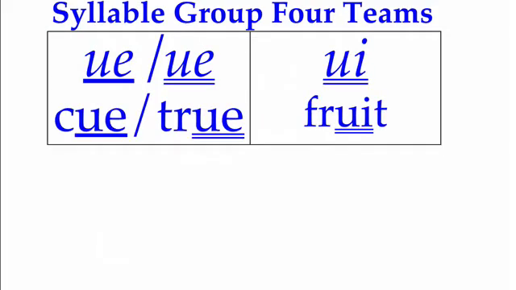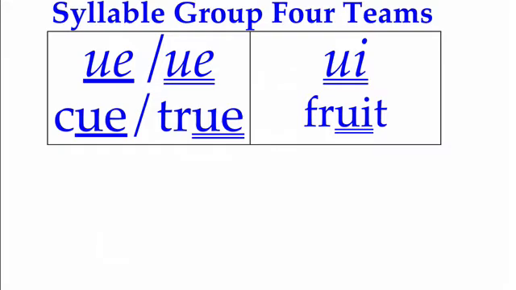Now finally, we have UE and UI as vowel teams. Remember, U is the only vowel that has not one but 2 long sounds. The primary long sound for U is in the word mule, where U says its name, U. But the second long sound for U is in the word dude, where the U in that word represents the sound oo. When U represents its second long sound, we double underline it. And remember, the sentence to help remember the 2 long sounds for U would be, the dude rode on the mule.